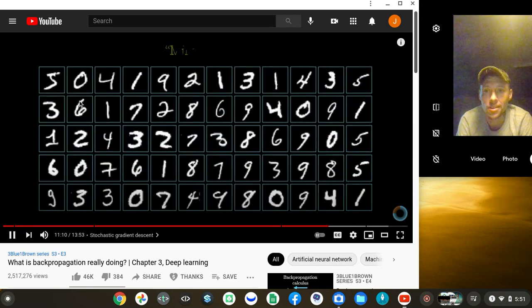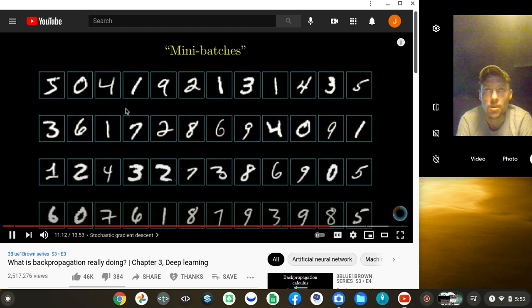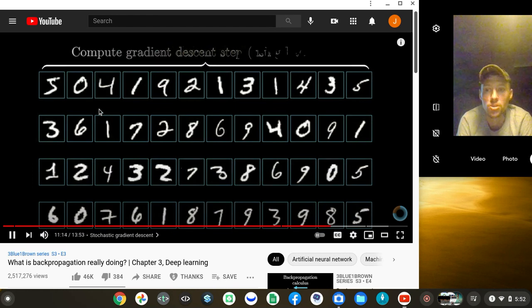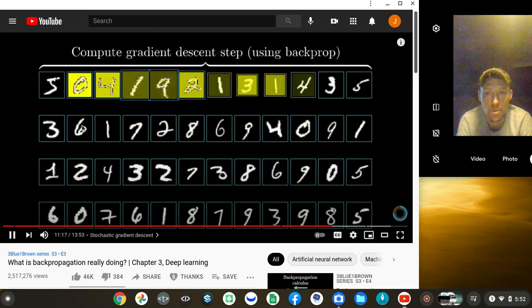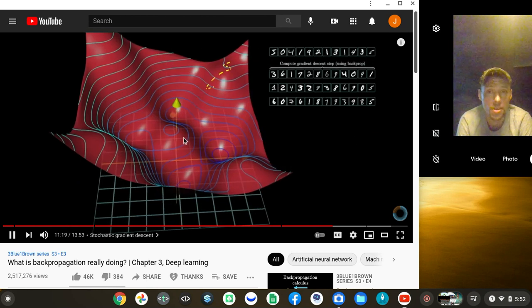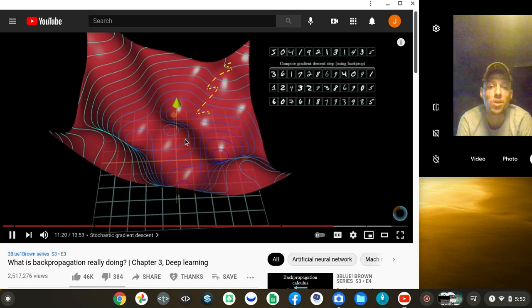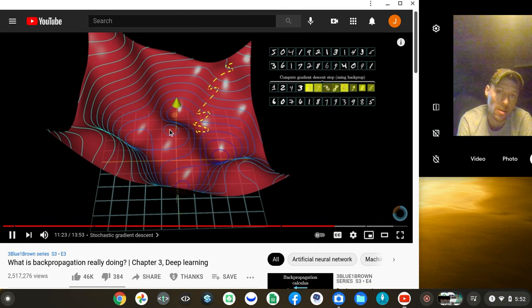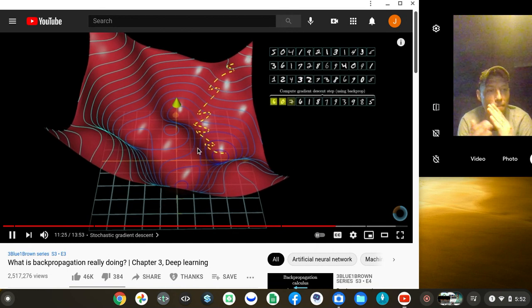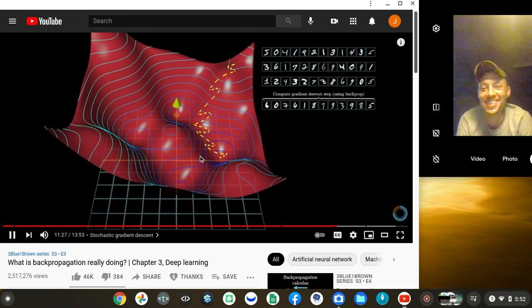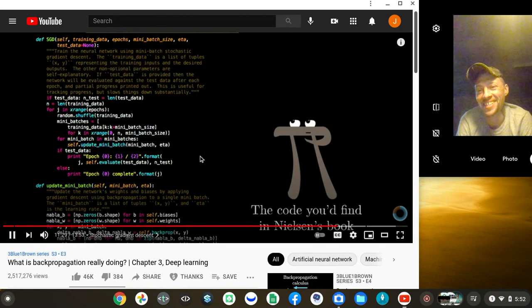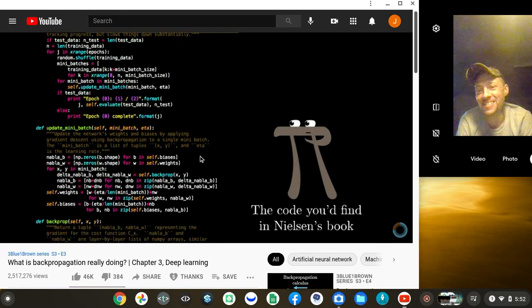You compute each step with respect to a mini batch. Repeatedly going through all of the mini batches and making these adjustments, you will converge towards a local minimum of the cost function, which is to say your network is going to end up doing a really good job on the training examples. So with all of that said, every line of code that would go into implementing backprop actually